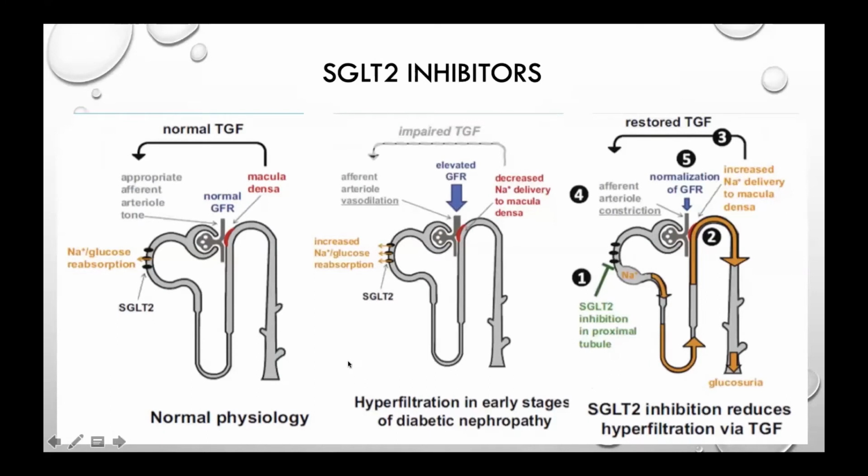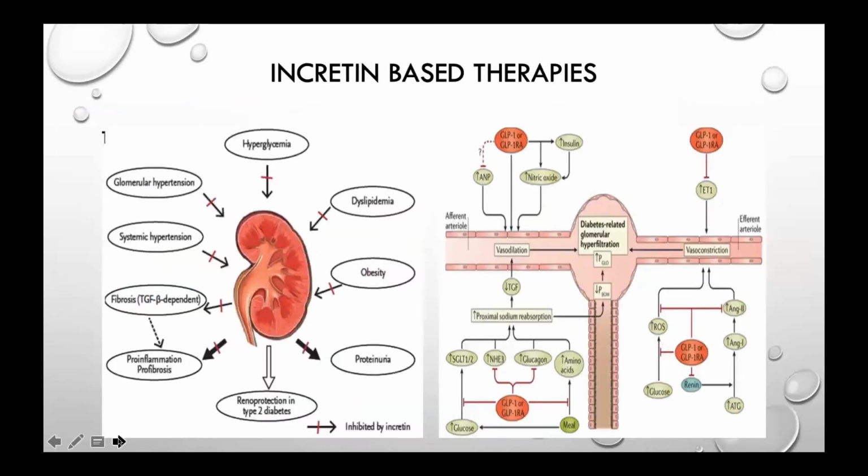We all know with the SGLT2 inhibitors, the tubuloglomerular feedback is impaired in type 2 diabetes, with this hyperfiltration in early stages of diabetic nephropathy. And with SGLT2 inhibition, this hyperfiltration is reduced and you have restoration of the tubuloglomerular feedback. Glucose-based therapies target just about 6 parts of the pathophysiology of the glomerular cascade, but in the kidneys, they have a lot of targets and there are a lot of benefits that are happening in the kidneys by decreasing